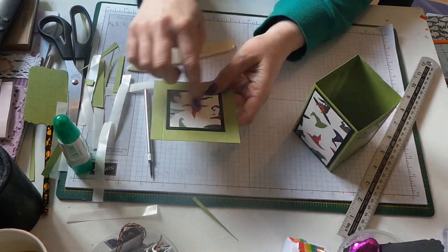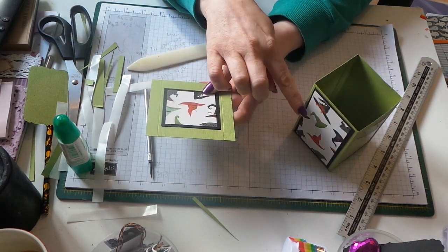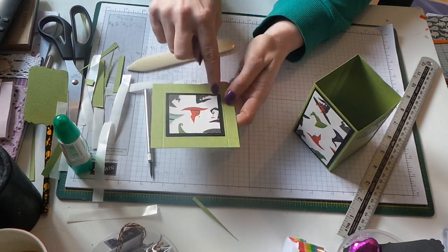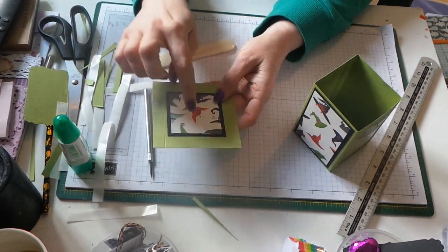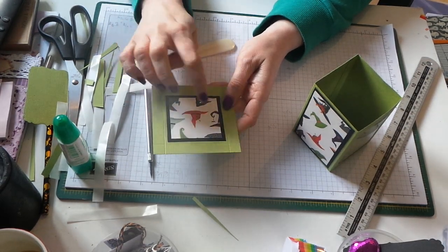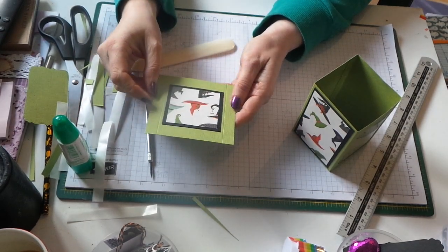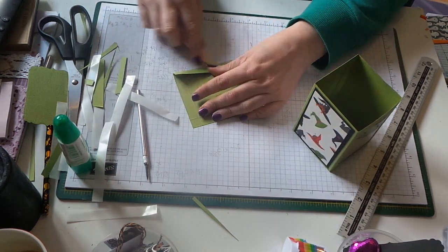Then you want to score it, however, whatever depth you've put your lid to. So say you wanted it an inch, you'd score an inch around. If you wanted 1/2 inch like I do, I scored 1/2 inch all the way around my lid. Okay, now this bit is decoration on top, so I've just matted black and with the paper on the top, and again I've just left under 1/4 so it's a border around the green. Okay, now you want to fold your edges